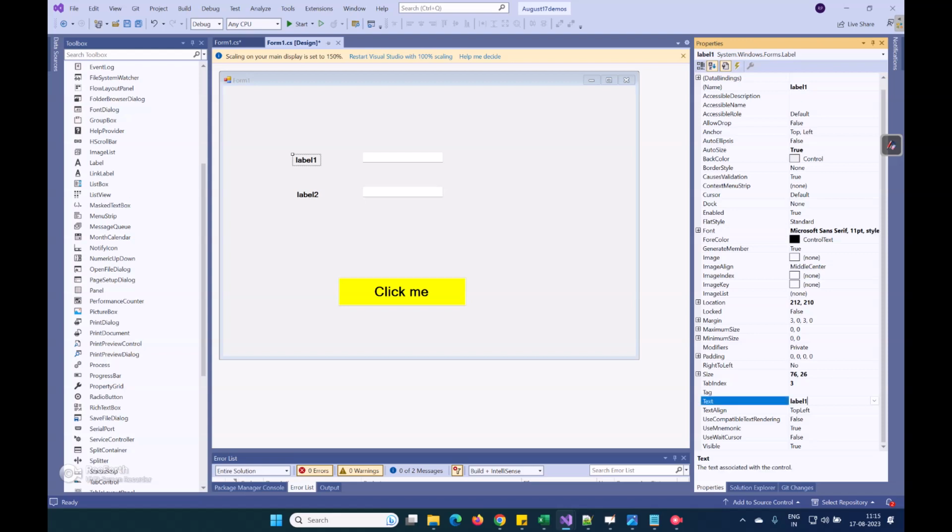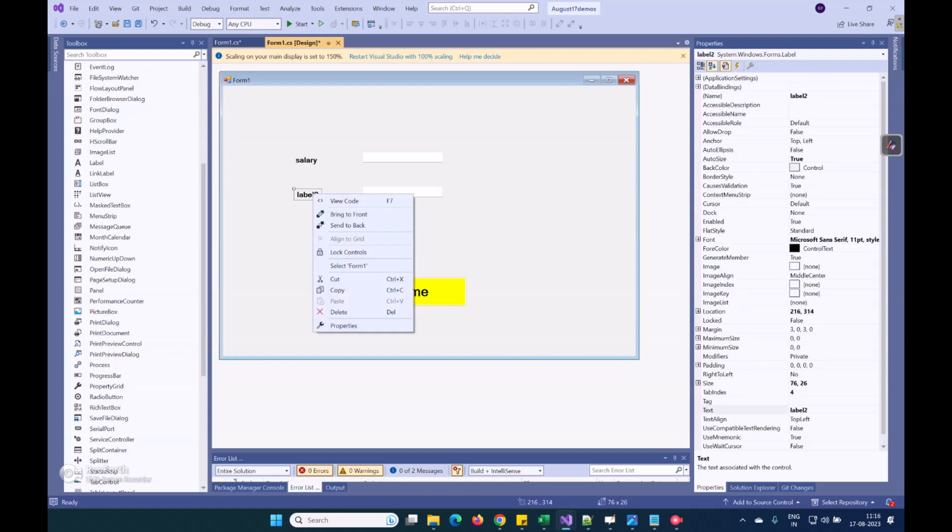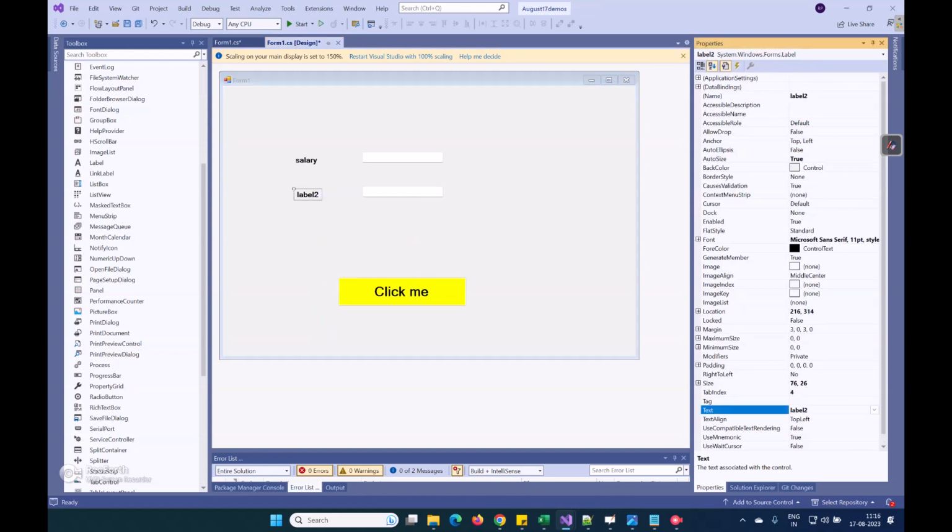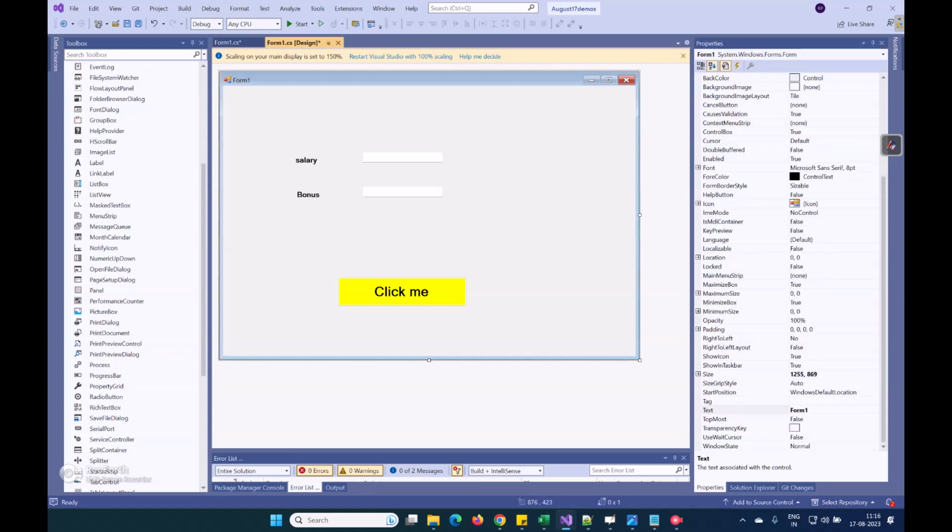Okay. Now right click on label 1. Go to the properties. Text property, you go. Give the name as salary. Again right click, second property, label 2. Give the name as bonus.